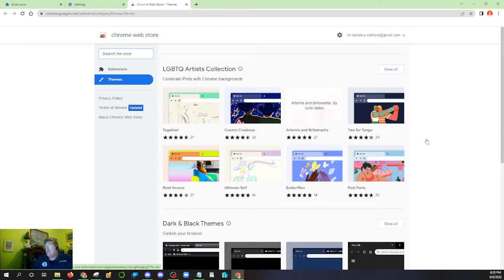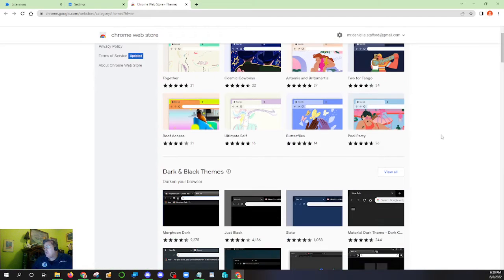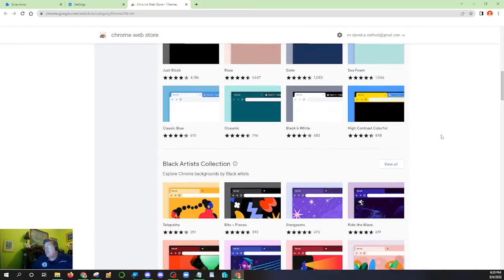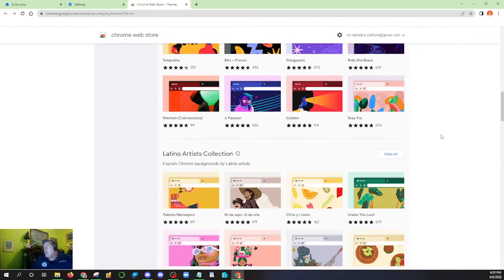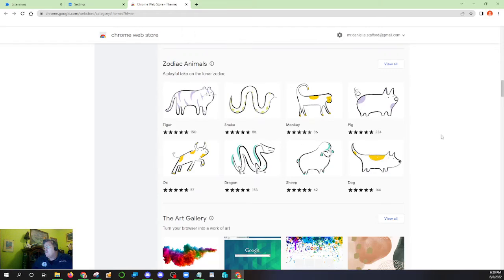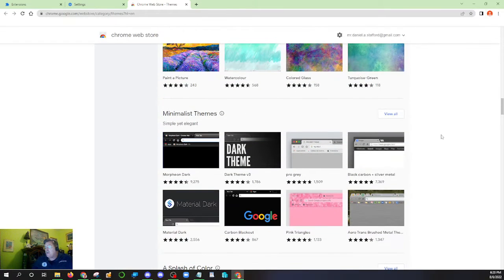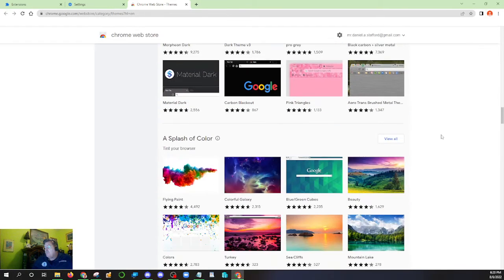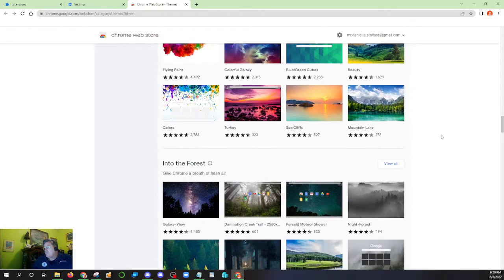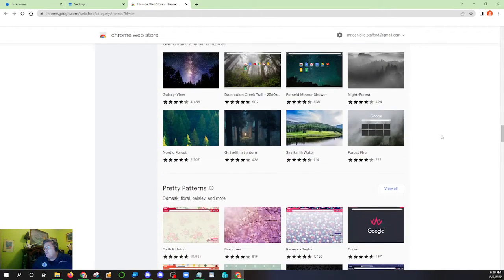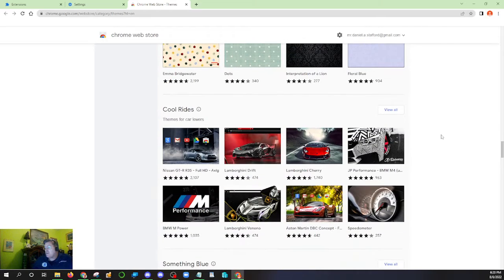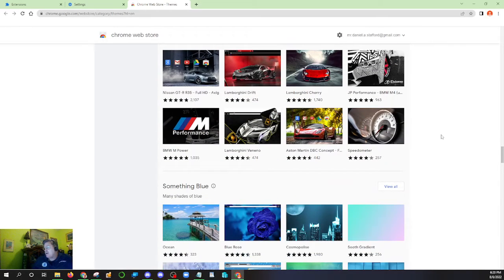Okay, and notice now it takes me to the Chrome Web Store and I can select all kinds of different themes. I tend to like dark themes better because I find it easier on the eyes. So I tend to go with ones that are a little more, like galaxies in space and stuff like that. But you can see there's a lot of different themes here. So now I kind of like this one. This is kind of cool. So let's see what happens when I try this one